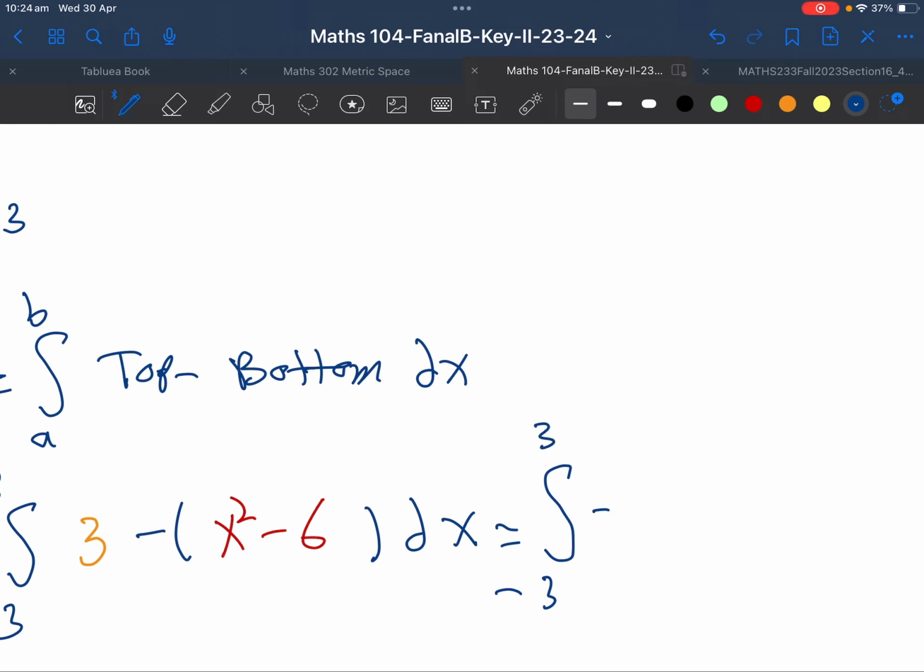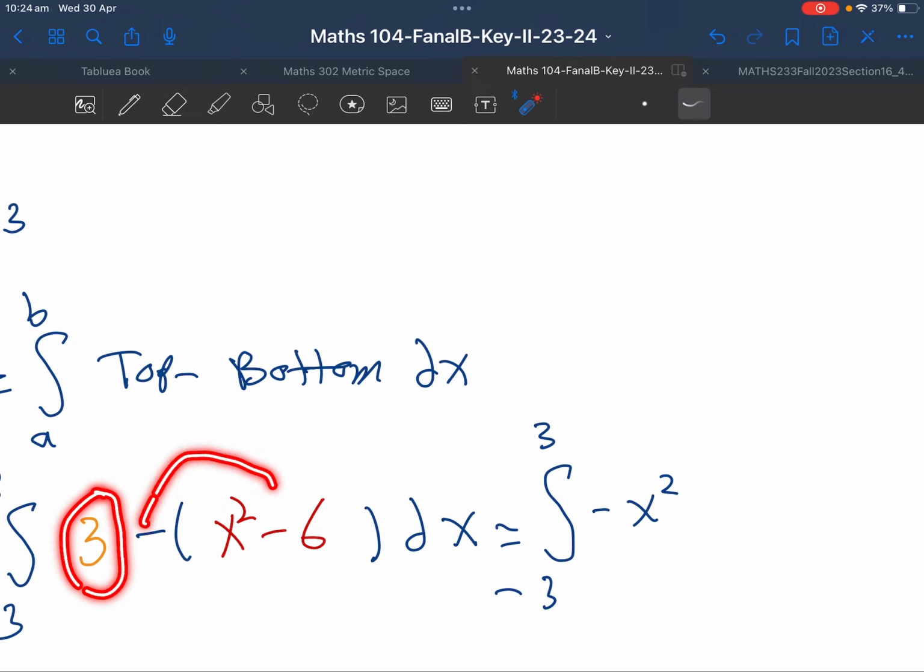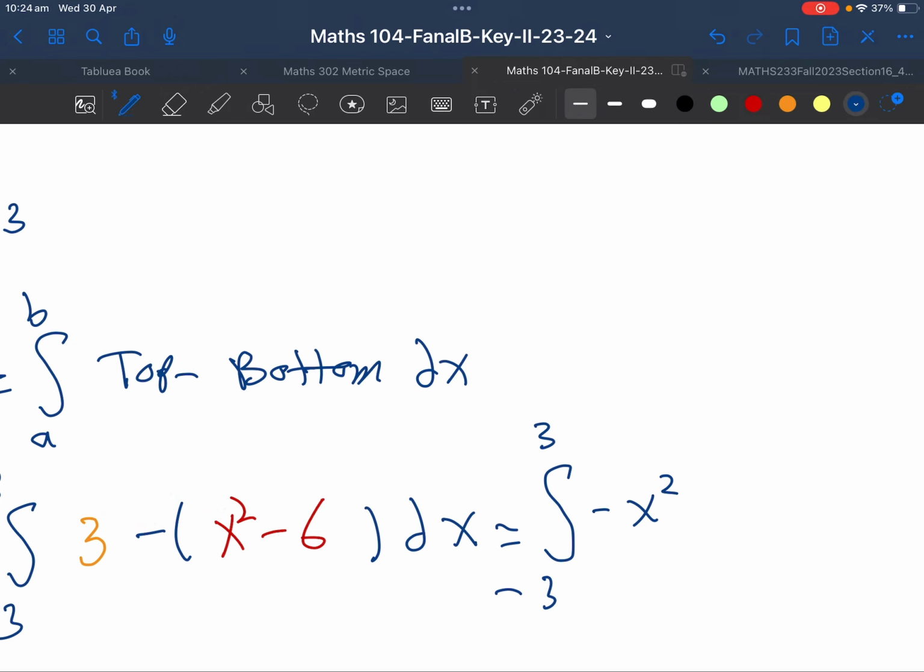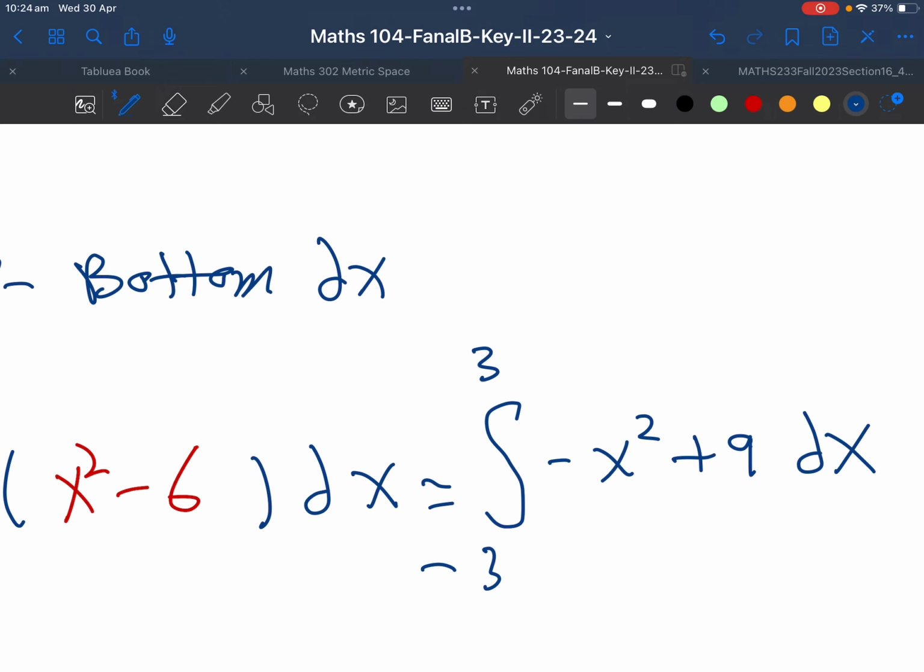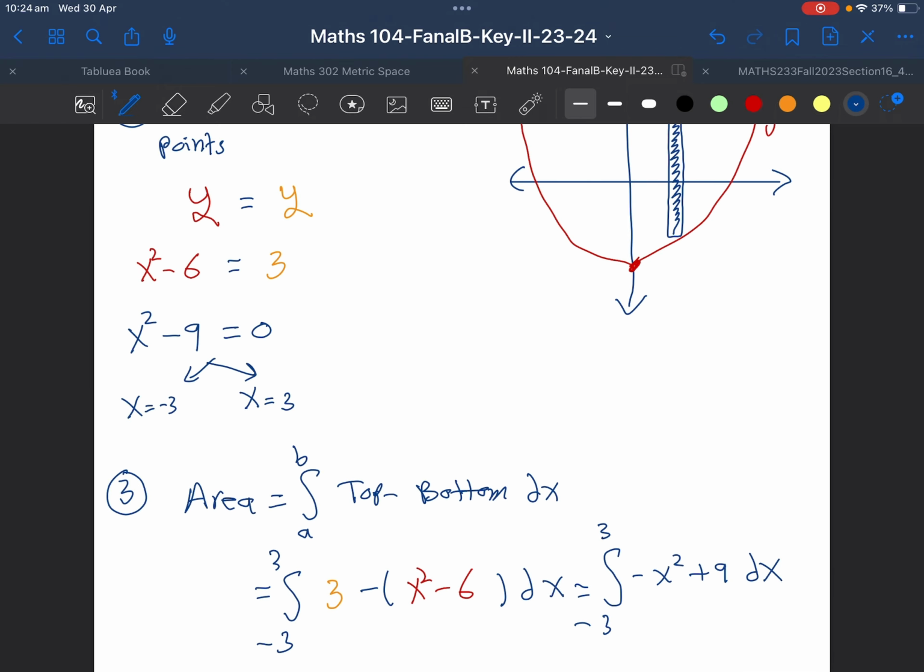And now it will become minus x squared. Why is it minus x squared? Because it's negative. And then we have 3 minus minus 6, which is just 9 dx. Now this is a very straightforward integral here. We can do it